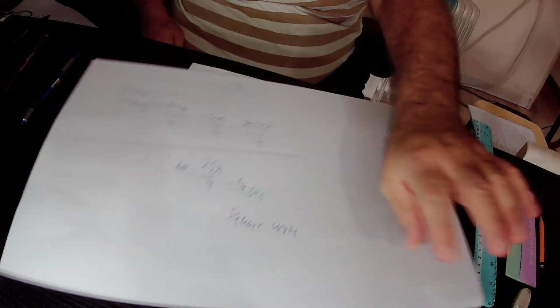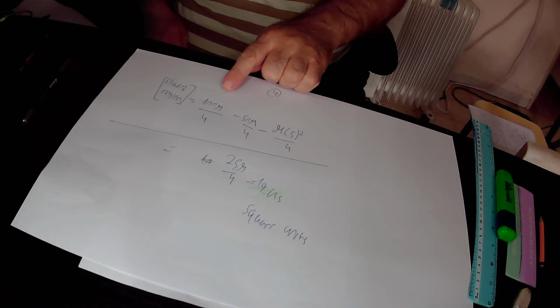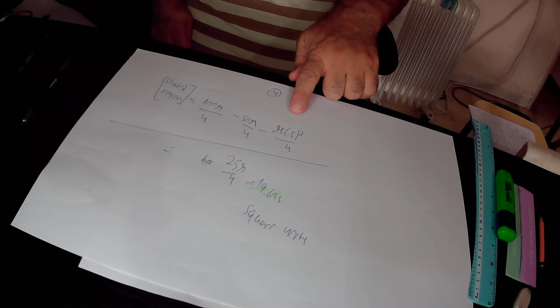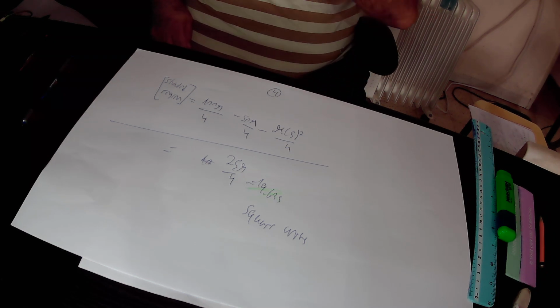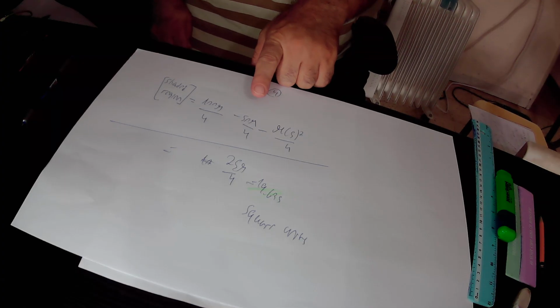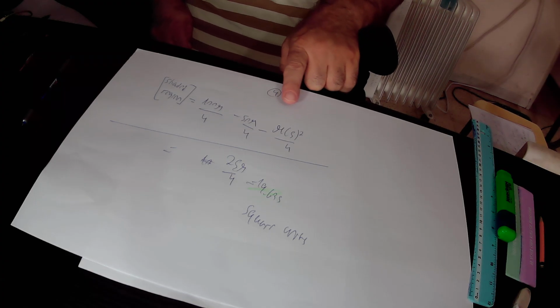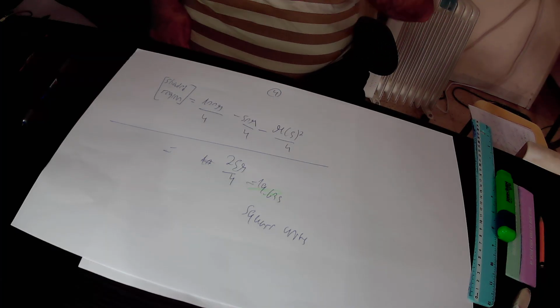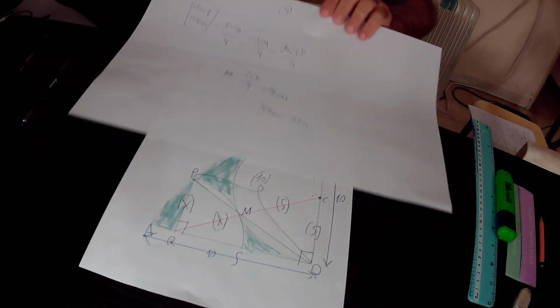So the area of the shaded region equals 100 pi over 4 minus 50 pi over 4 minus 25 pi over 4. We took 4 as a common factor of those three expressions. 100 pi minus 50 pi is 50 pi, and 50 pi minus 25 pi is 25 pi over 4. So if you found out that the area that we are looking for, that is the area of